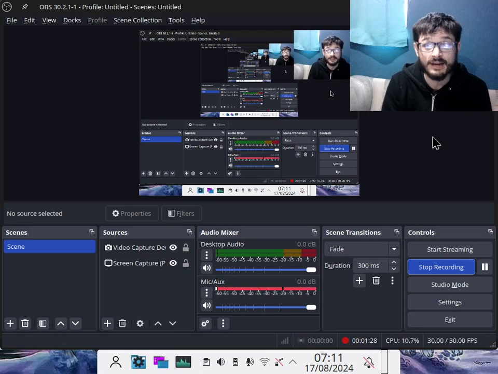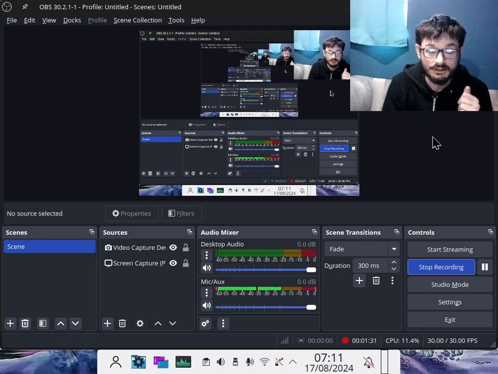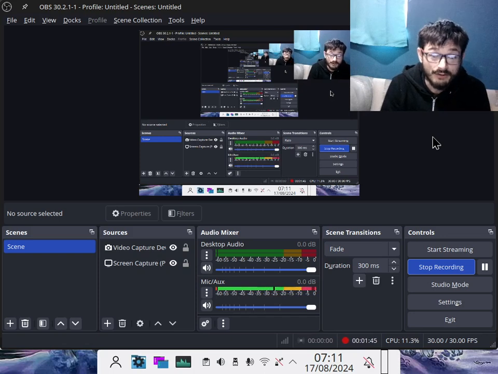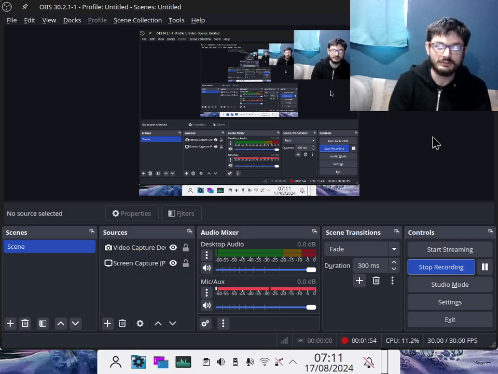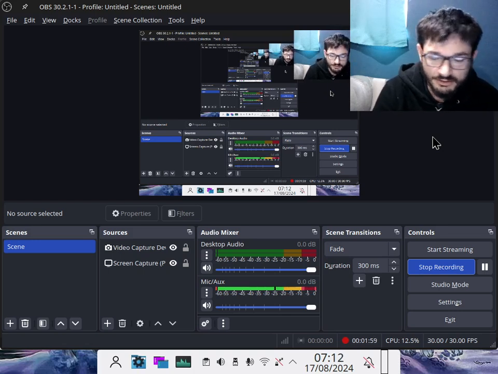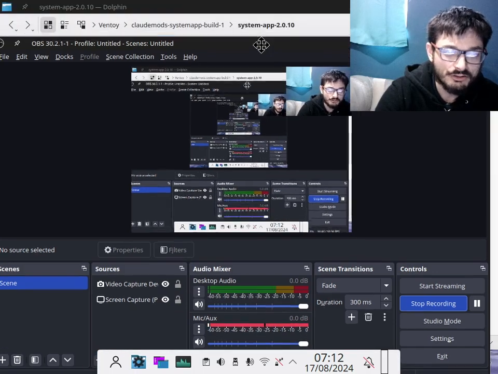I'm hoping to get it as an app image. I have actually been making app images as well, and that was just yesterday. I've got some working app images, but they were Python based, so no good for being universal. I want to make a qt6 version of my application, and also maybe a GTK version, because I do need to make a browser for my terminal, which is what I'm just about to showcase. So I'm not really going to be showcasing my distribution in a virtual machine today.